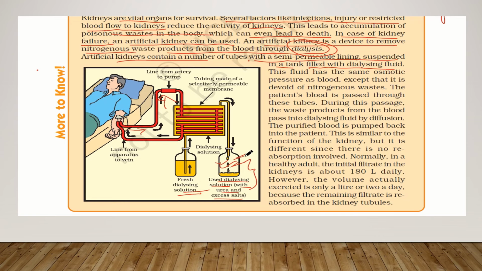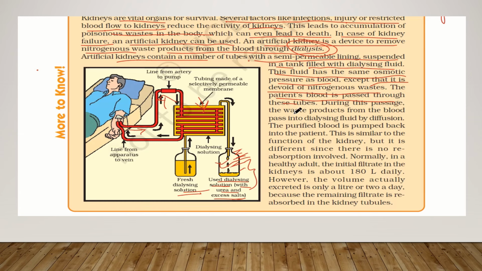So this part in the artificial kidney is the urine part. After purification of the blood, the used dialyzing solution with urea and excess salts is this one. So what is happening, we should know that. This fluid has the same osmotic pressure as blood, except that it is devoid of the nitrogenous waste which our blood is having. So when the patient's blood is passed through these tubes, what